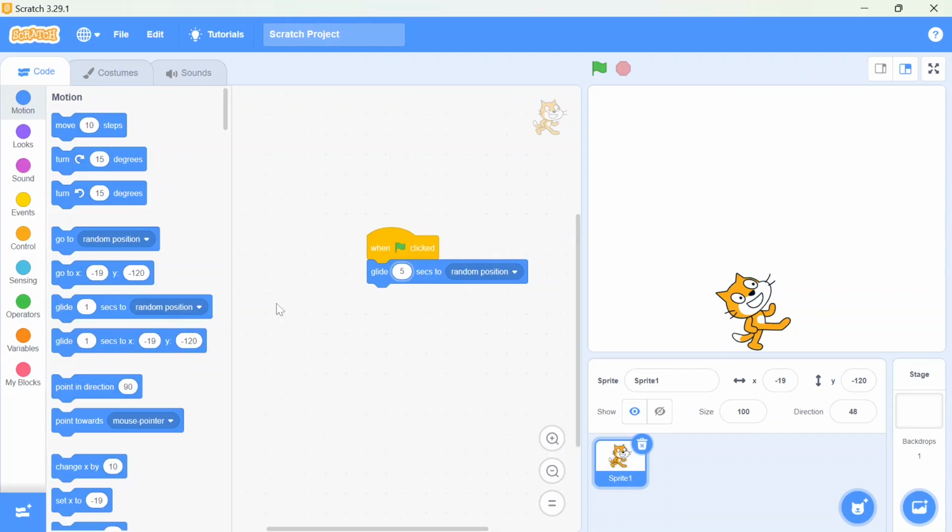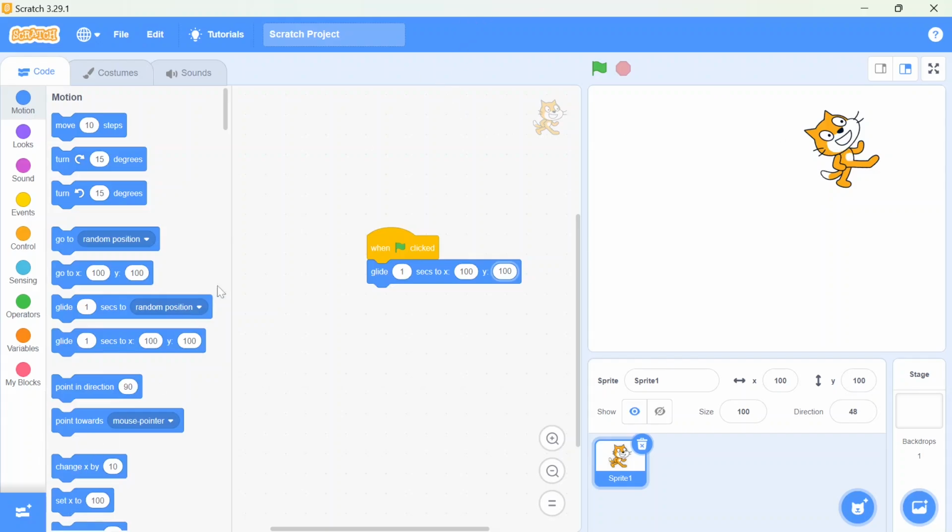The next one is the same, but here the x and y value you can set the same as the x and y value you set in the go to block. So you can use the same value. Here it's a minus value, I can make it 100 and here I will also make it 100. So you can see the effect, it moves in a gliding manner to the 100 x and y position.